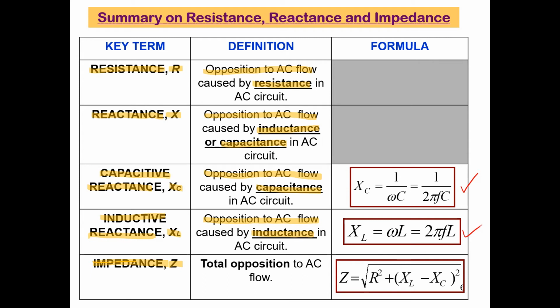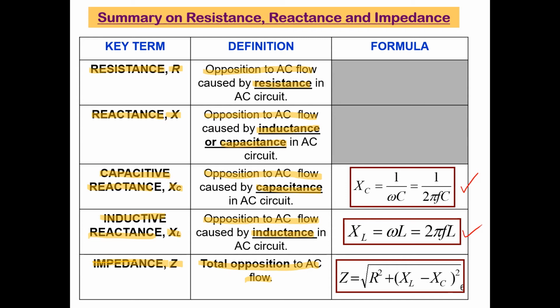Impedance is the total opposition to AC flow. Okay, total opposition here may be due to resistance, capacitance, and also inductance. So impedance, you may find in a circuit which consists of a combination of RL, RC or